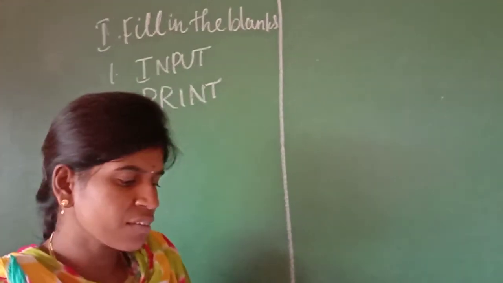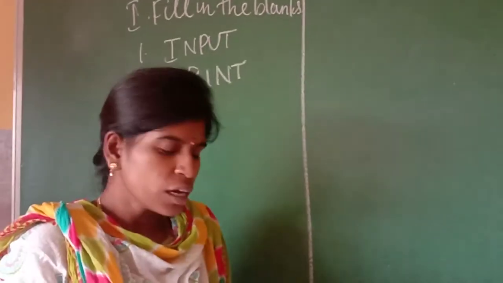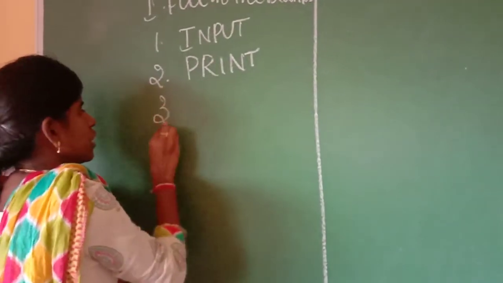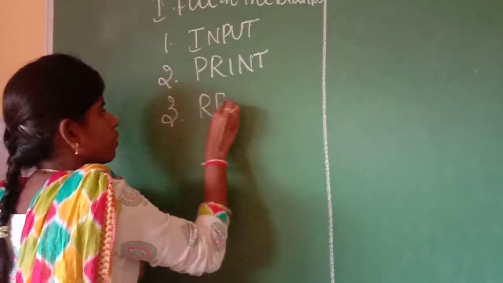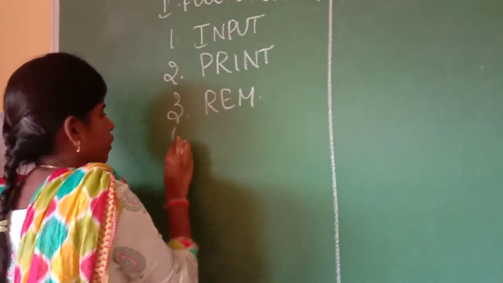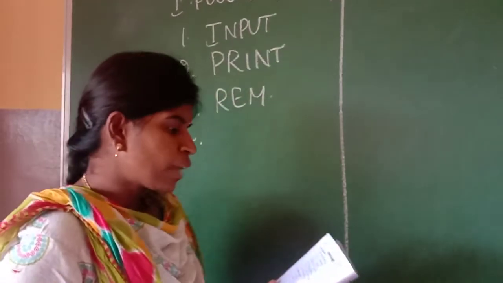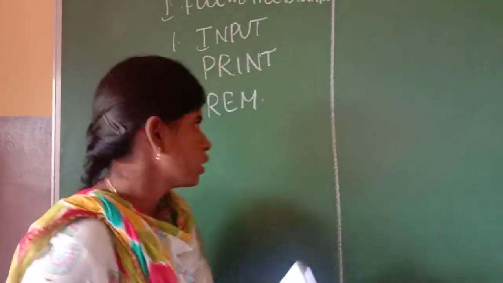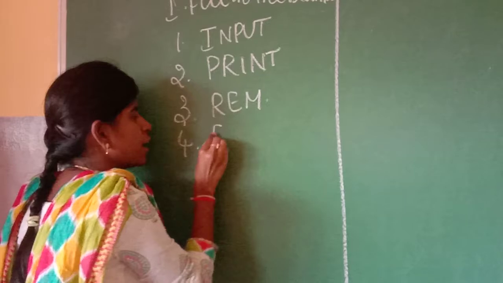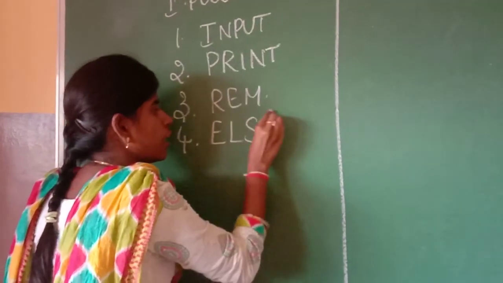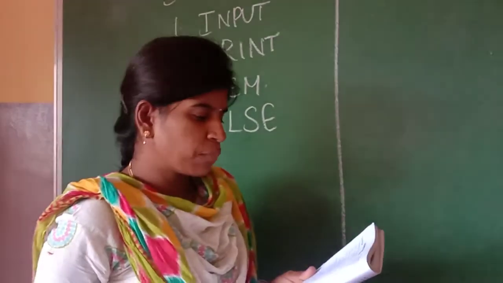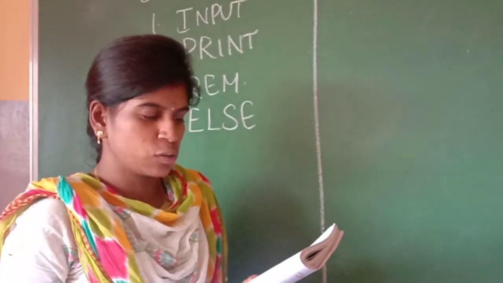Second, dash is a comment statement. I told you, remark statement is used for giving comments, right? So the third one is REM. Okay. There can be only one dash statement in an if block. There will be only one else statement in an if block. Okay. Go to statement is a dash control statement.